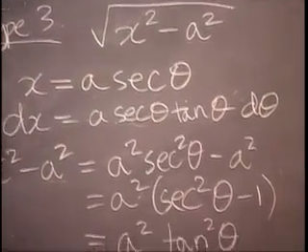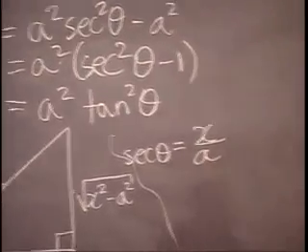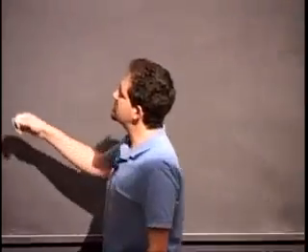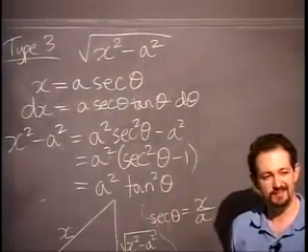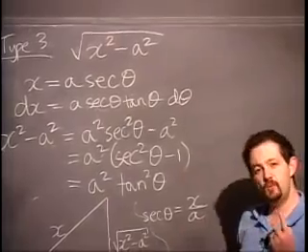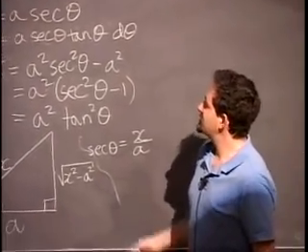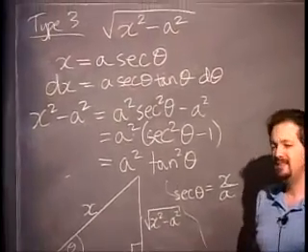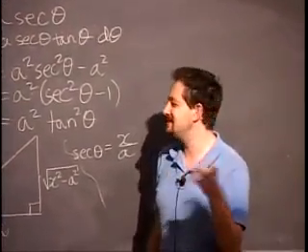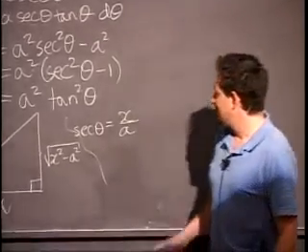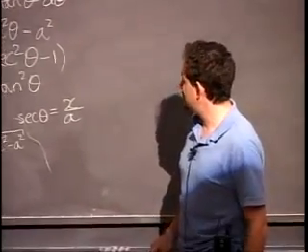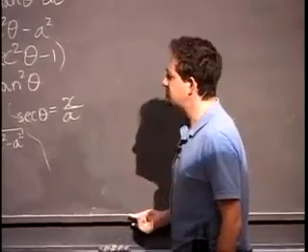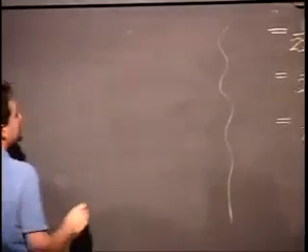Hopefully. By the way, one little comment. It's not in any of the examples that I put up. But suppose that this was x squared minus 1. Well, a would be 1. And you just have x equals 1 secant theta, or just secant theta. And normally you don't write the 1, right? 1 times anything, you don't bother writing the 1. Sometimes it can be a little bit hard to see. This is just a bit of an aside. If you happen to have a equals 1,